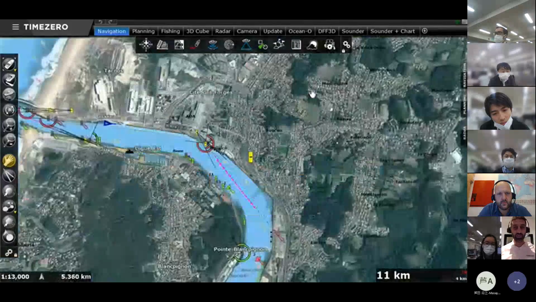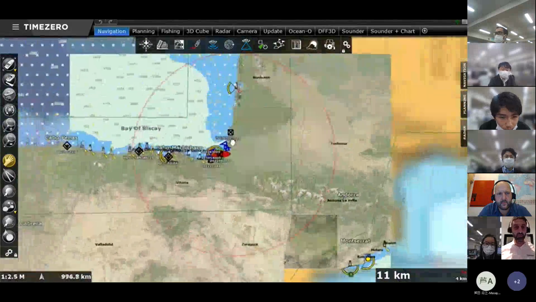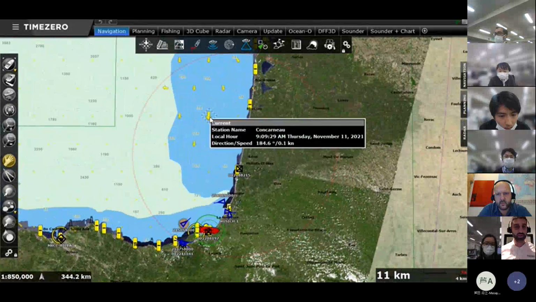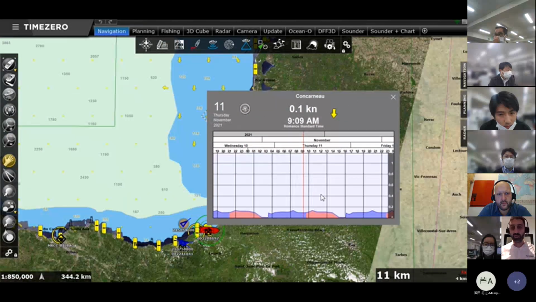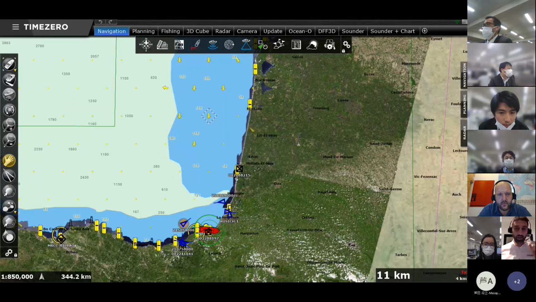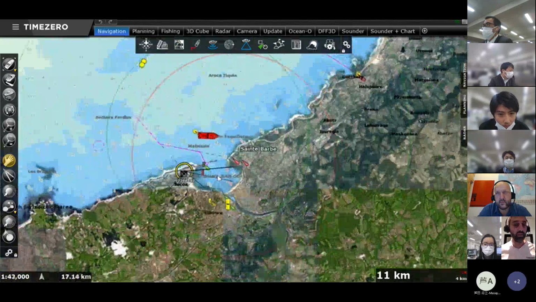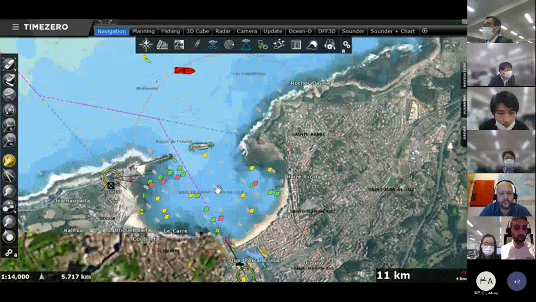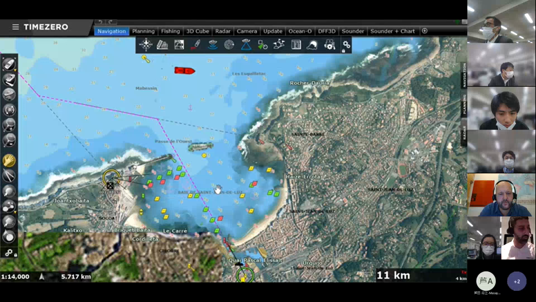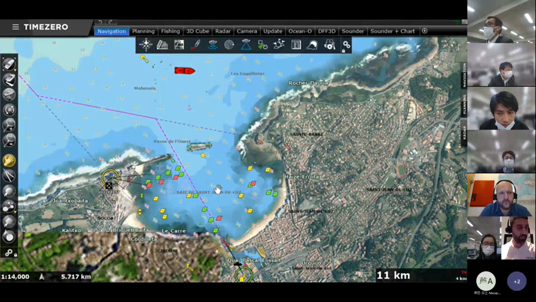So you find the stations everywhere on the chart. This is for the tidal stations, and you have some currents as well. Again, it's loaded with the system. You can double click here and find information about particular currents. Of course, if you have any question during the demo, you can stop me. You can ask me anything, just unmute yourself and ask, or if you need more precision on something that I'm telling you. So yeah, tides and currents.